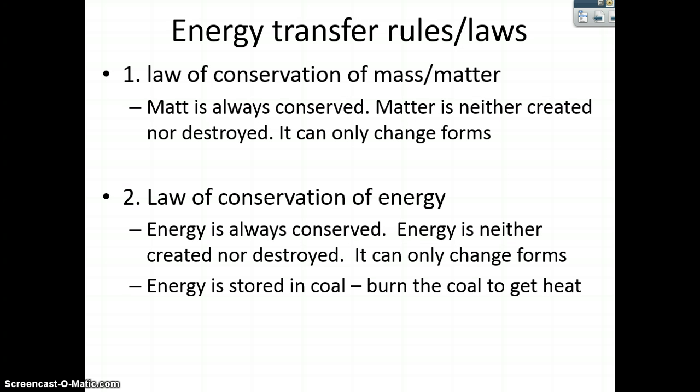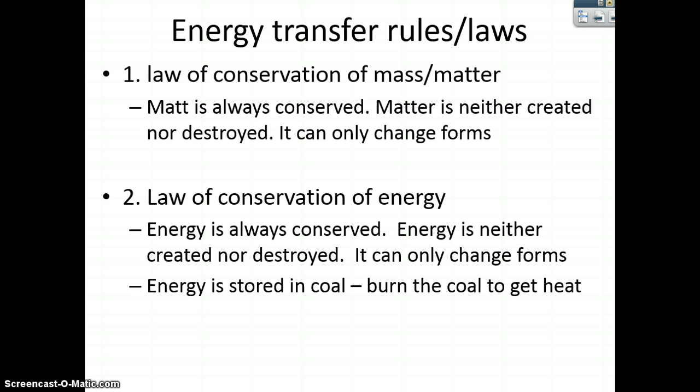Okay, energy transfer, some rules or laws. The law of conservation of mass, sometimes called the law of conservation of matter. Matter is always conserved. Matter is neither created nor destroyed. It can only change forms. We could do all kinds of examples of this. I could demonstrate this for you. We take the mass of the two objects before we do the chemical reaction. When we're done, we're going to have the same amount of mass in the end. It does not change, and I'll be doing a couple of demonstrations for you, and you'll be doing a lab